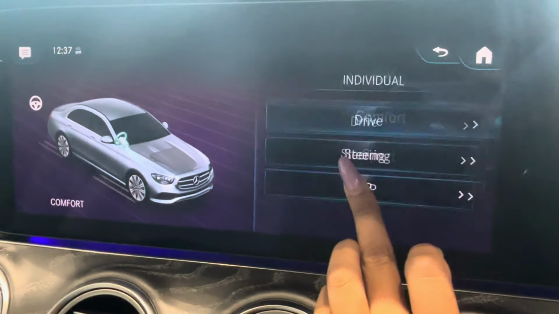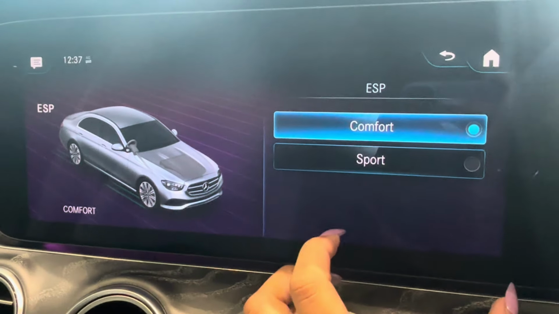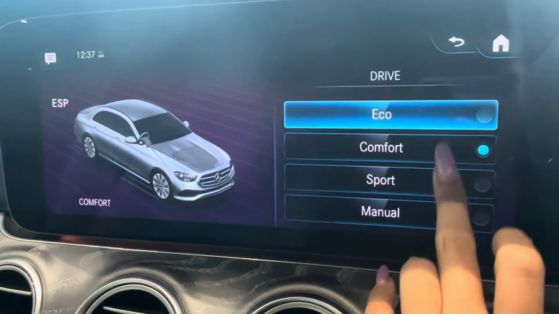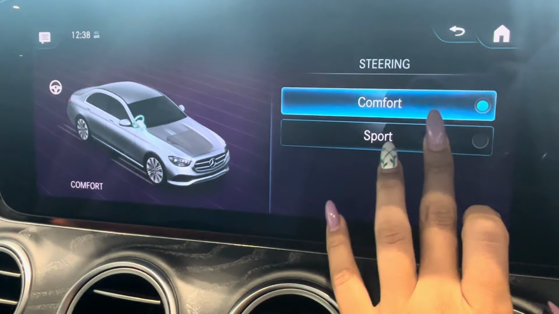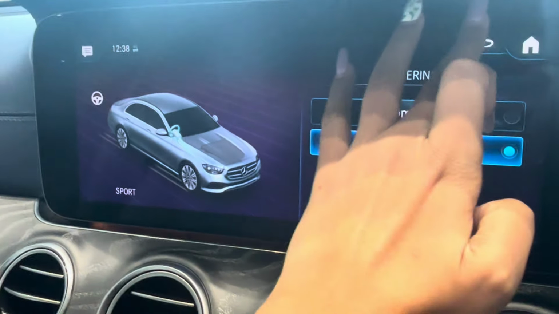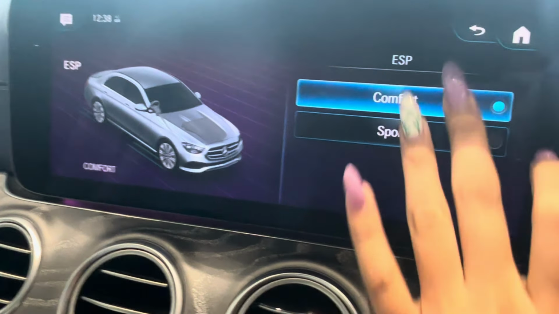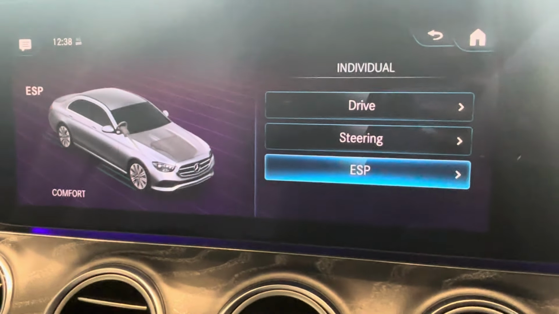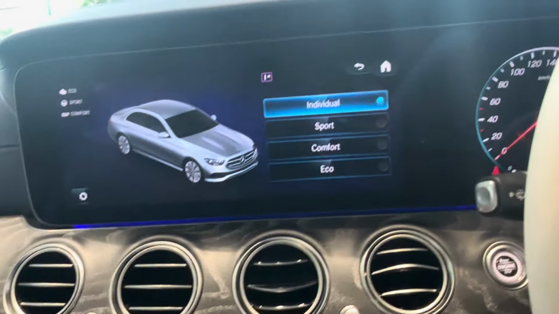And the ESP. Now ESP is the stability of the car, electronic stability program, that you can change from here as well. Like for example, if I want engine to be on eco because I want to save fuel, but steering I want to have it on sports mode, so I feel the rigidity of the steering wheel. Stability of the car, I want it as comfort. This I can customize according to my wish. That is called the individual mode. To change the driving mode, you simply have to toggle this down or up, and it will change the driving